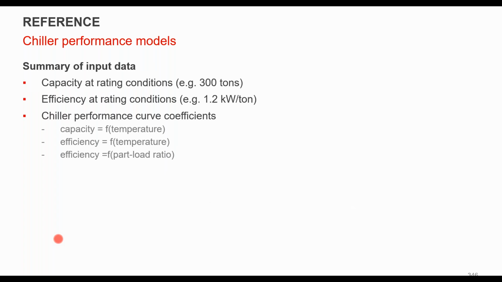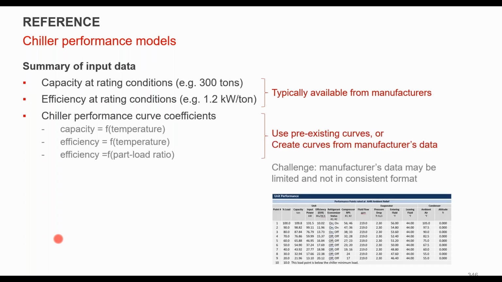So you'll need capacity, efficiency, and then you need these three curves, right? So you might gather them, and this is an example from a selection of a chiller that has variation in load, which shows your total input power is changing and your efficiency is changing as a function of the different load. But what it doesn't do is change the evaporator temperature, right? So that's a fixed evaporator temperature. So you don't have an understanding of what happens if the chilled water temperature is increasing.